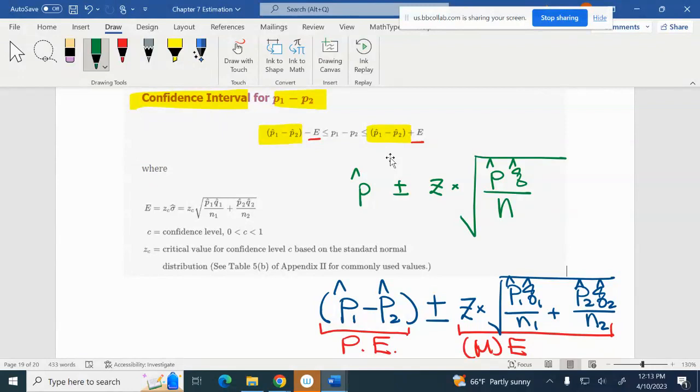What's the difference? It's the same thing. The point estimate must be a difference, a subtraction, but here there is an addition inside of the square root. It's the same idea. So today we are going to discuss the last confidence interval for the proportion difference, and with proportions we are always using the z-score. Good, right? Do you have an idea?